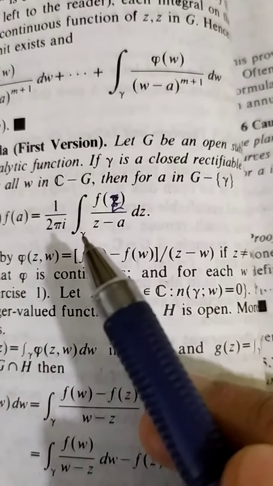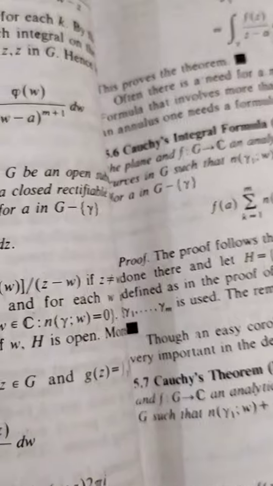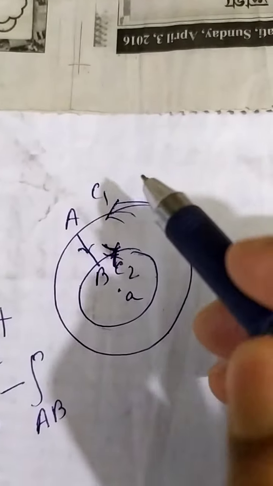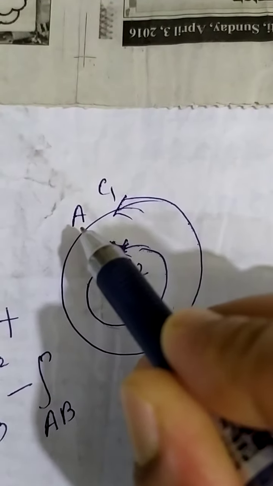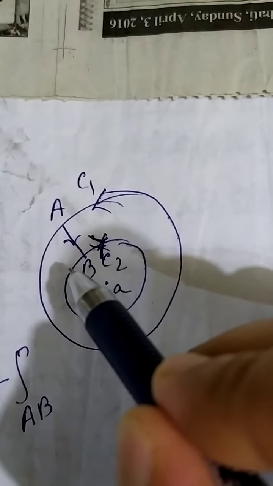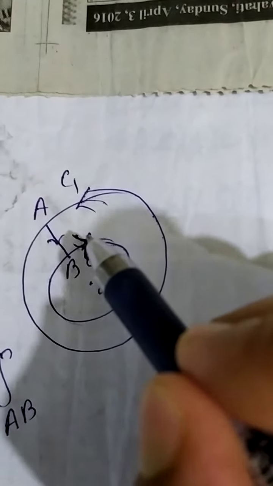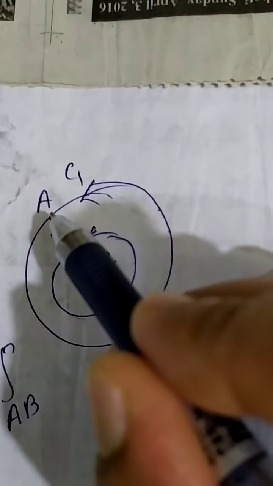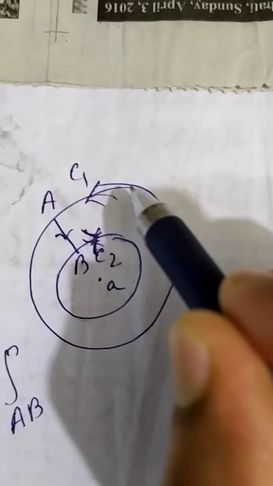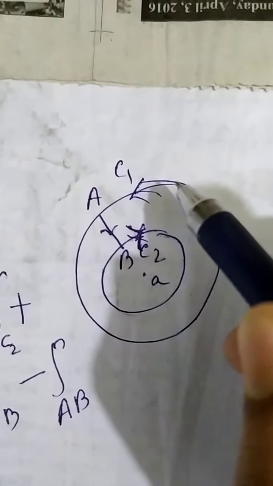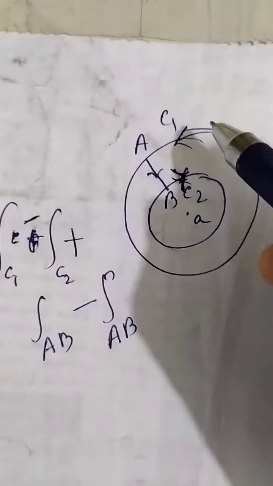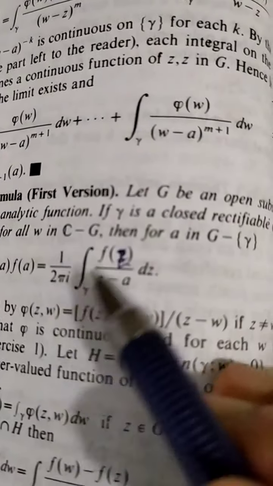So what is actually gamma here? Gamma is the closed curve, where the beginning and ending points are the same. You start from here, cover this and go to here, then here, and then this way. This part is clockwise and this is anti-clockwise. Then this, this and this, and finally we obtain the original position. So this is the closed curve. If you want to find the integral, gamma should be the closed curve.